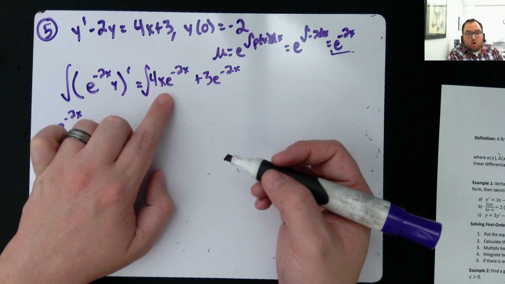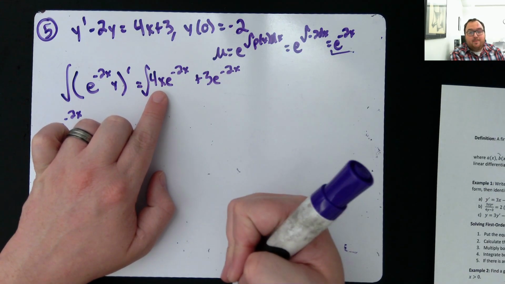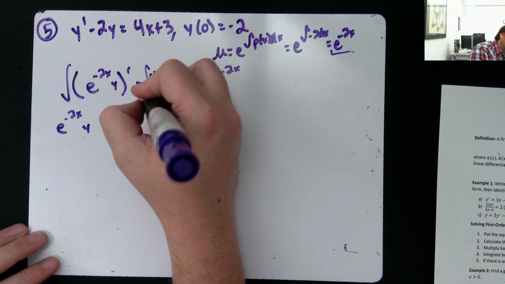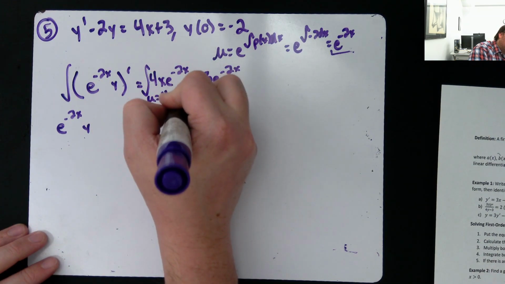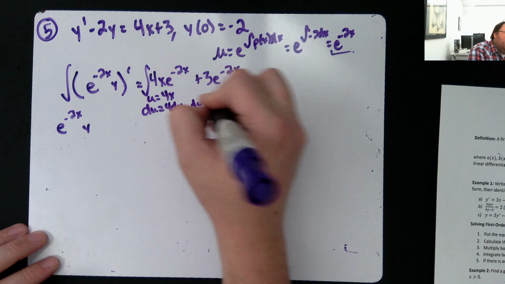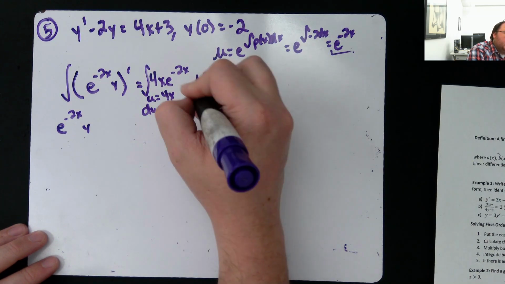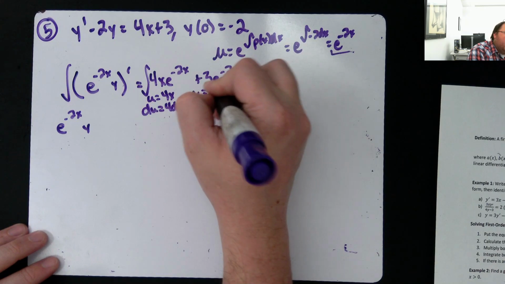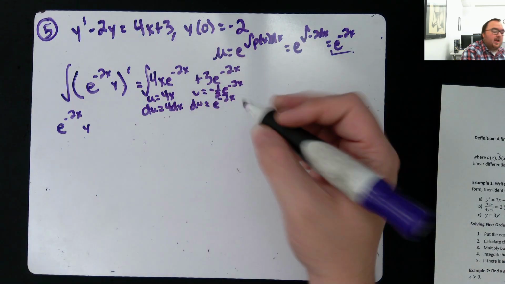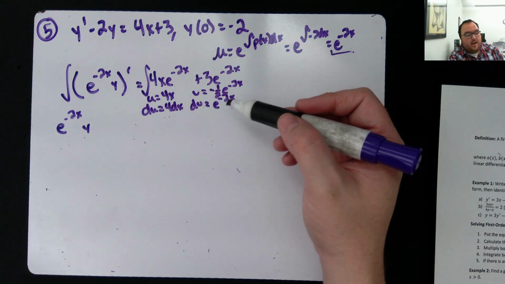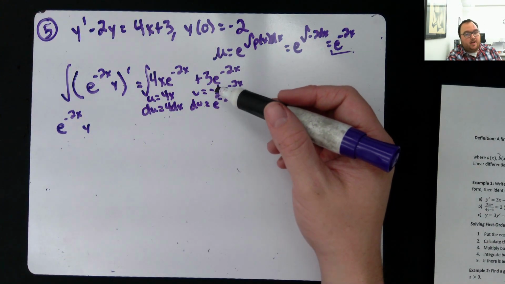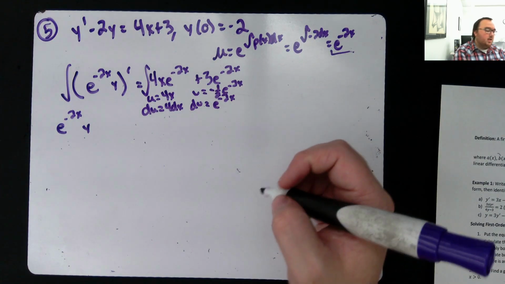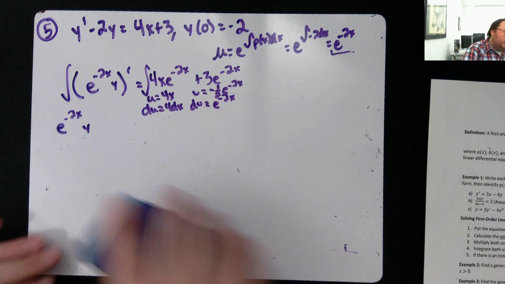I've got to do it by parts because it's 4x times e. So I've got to do it by parts. U would be my 4x, so du would be 4, which would make dv have to be e to the negative 2x, which would make v negative 1/2 e to the negative 2x. Again, because out front I would need a negative 2. I don't have it, so I have to divide it by a negative 2 instead. So that's going to be,